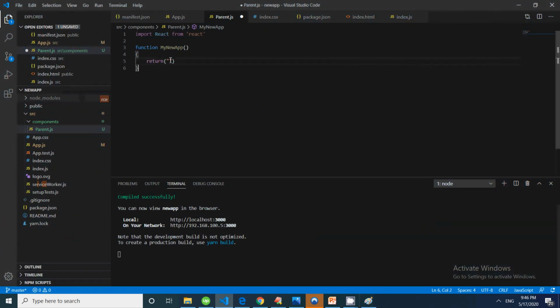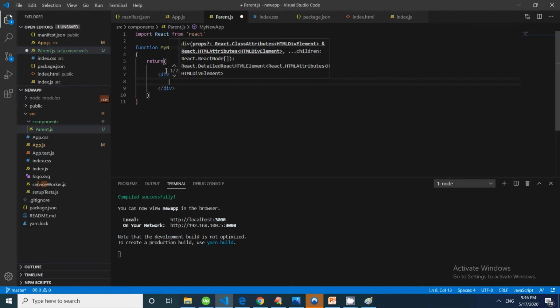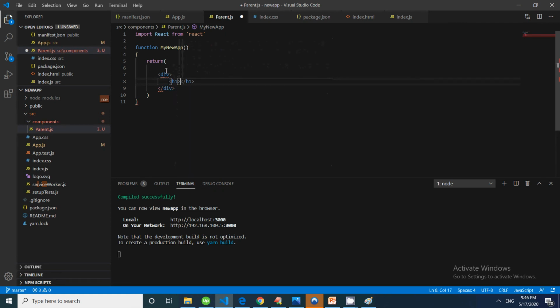So this is a simple component. I will be returning JSX. Whatever we write in this return will be JSX. So it will be a simple div, and then an h1 with hello world.